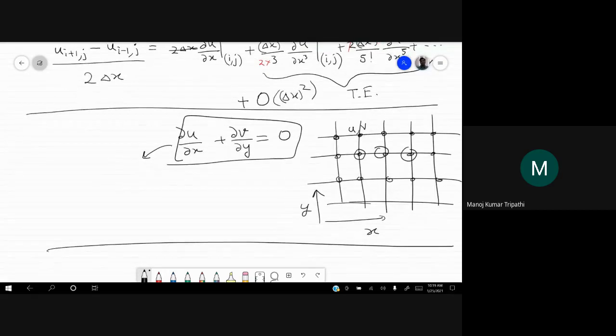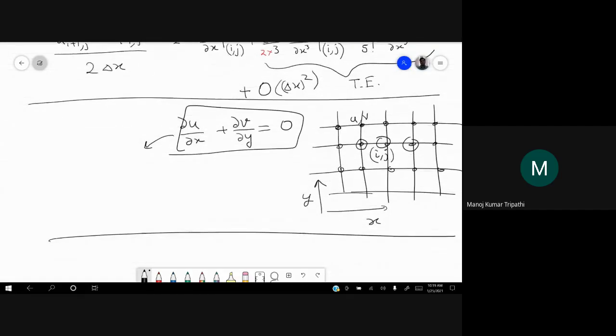So let's say you are at this point called i comma j. i is the x index, j is the y index, which means if you start from here, this is 1 comma 1, then this is 2 comma 1, 3 comma 1, and this i, j which I have marked, this becomes 3 comma 2. So dou u by dou x at point 3 comma 2 will be u3,